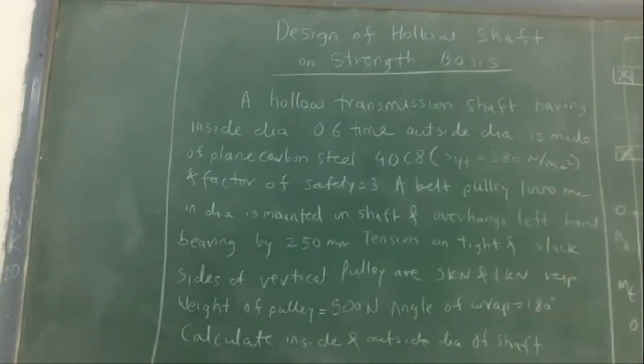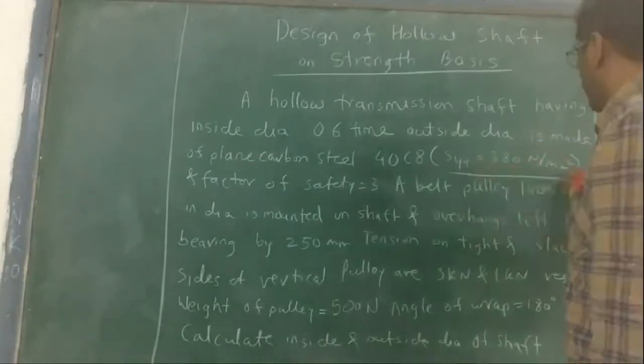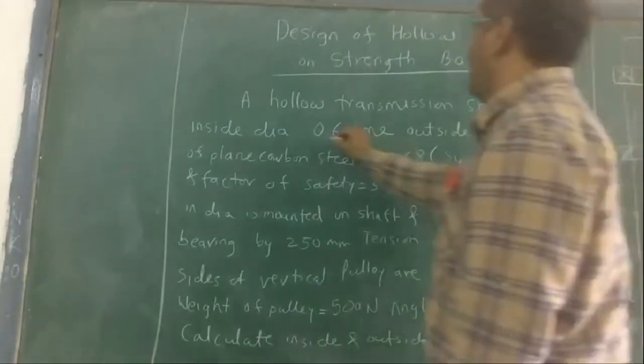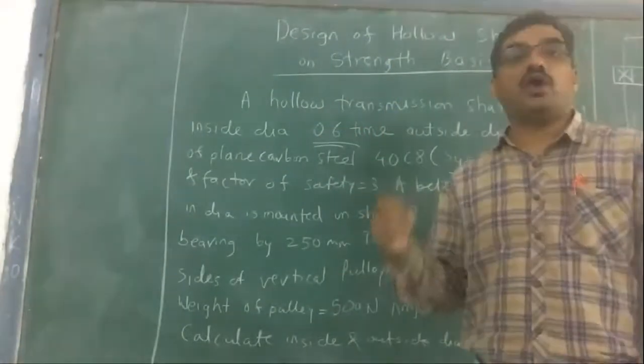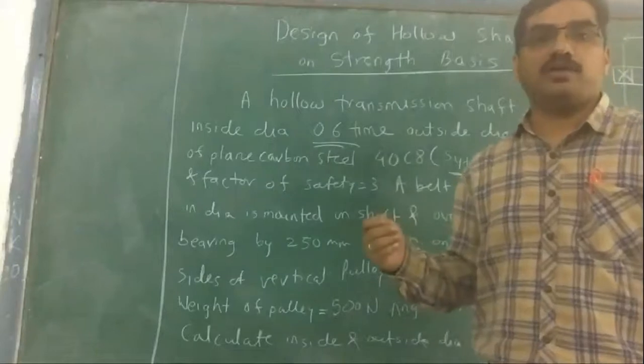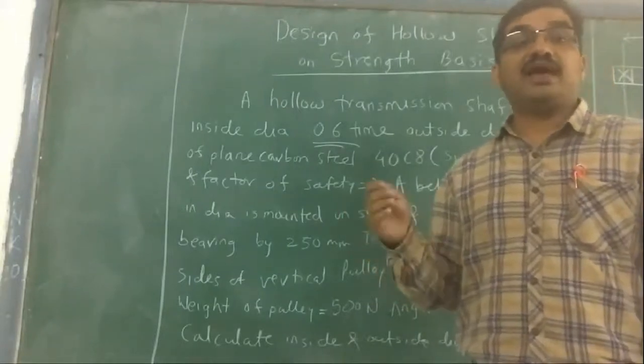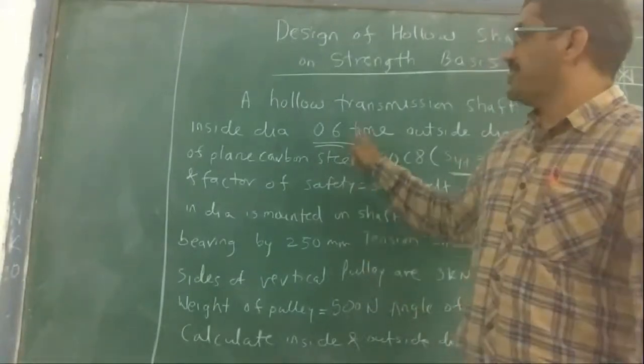A hollow transmission shaft having inside diameter 0.6 times outside diameter is made of plain carbon steel 40C8. In this we have been given SYT. So we know SYT and we know this 0.6. What is this 0.6? It is the ratio of inside diameter to outside diameter, so it is di upon do. So the first statement of this